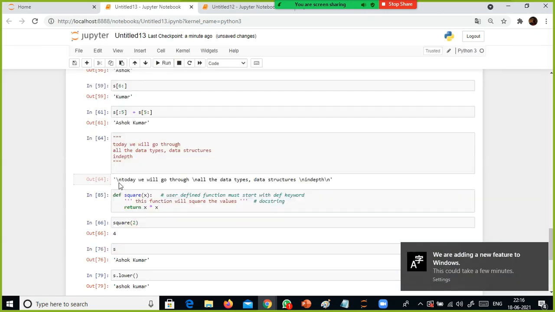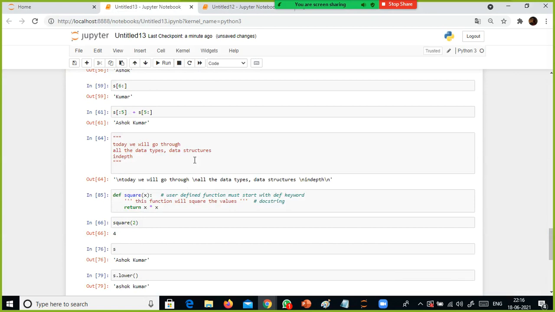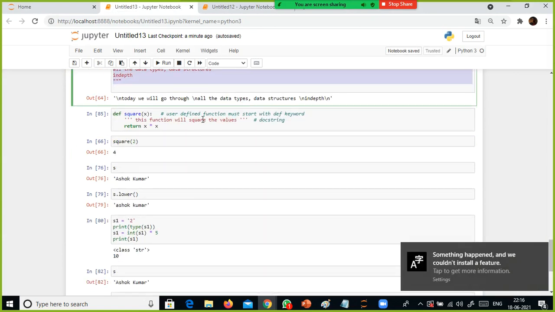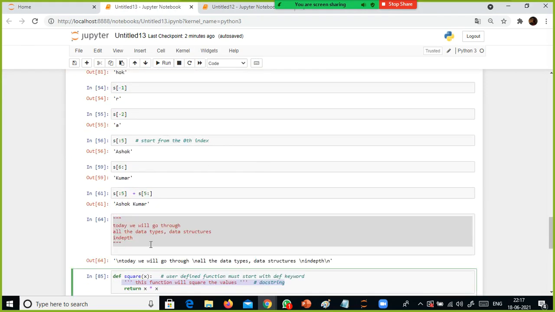That is what a docstring. You saw my screen, right? That is what a docstring is: nothing but a string literal. In simple terms, it is a multi-line comment. You can specify the multi-line comment inside the function. That's what you can see here, I showed you just above the cell.